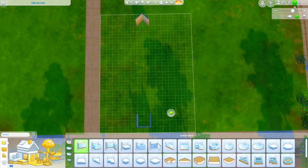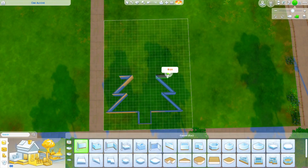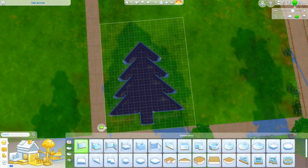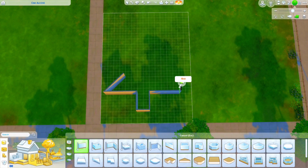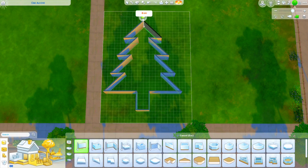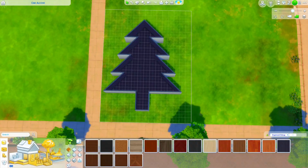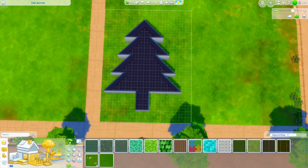So this is my first attempt at my Christmas tree, 4 tiers of pine needles. And although I do end up bulldozing this, it is essentially the shape that I do end up going with, although I think I make the tree trunk / entrance just a little bit longer in my final attempt. Alright, after recentering this on the lot, my next job is to decorate the roof and really give it that